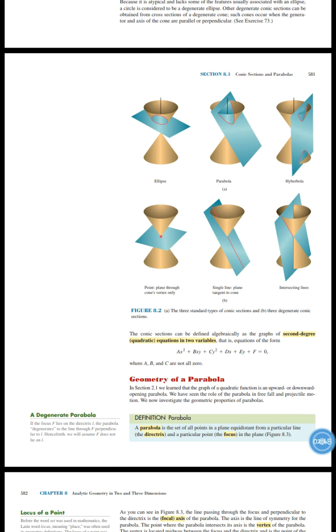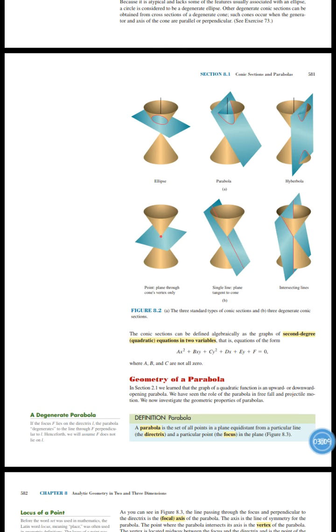Now if the angle gets steeper, and it's exactly the same slope as one side of the line, which we call the axis, right? And then you can make a